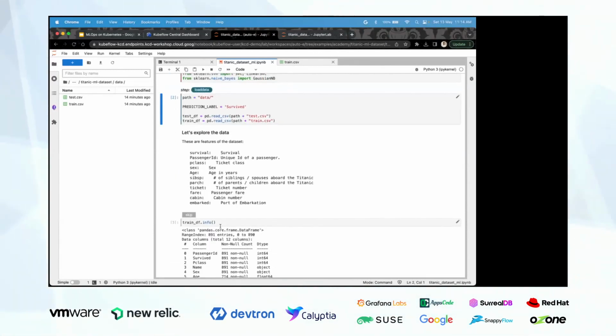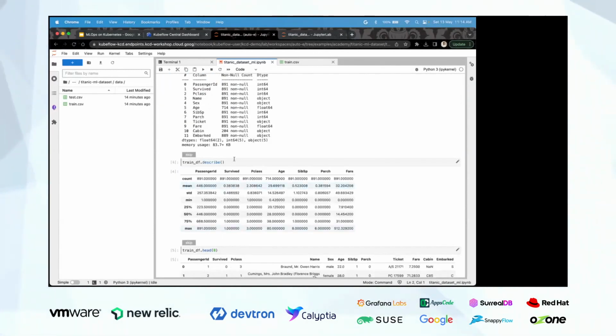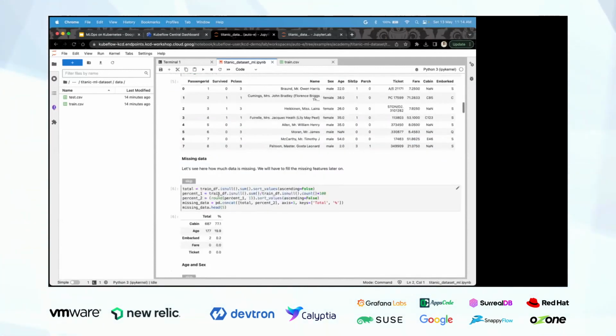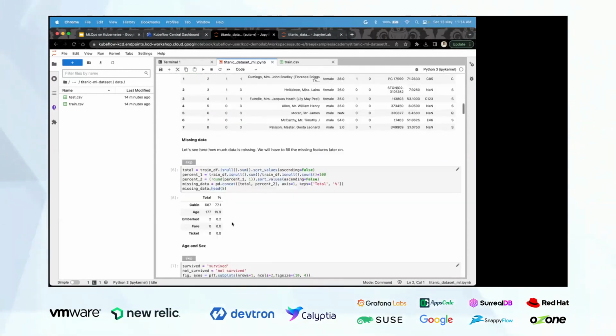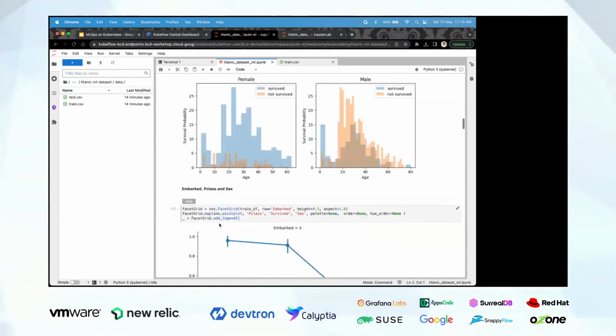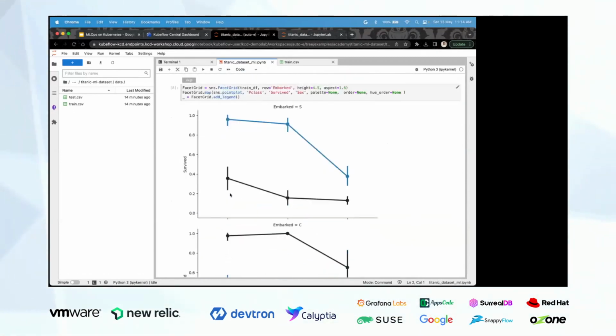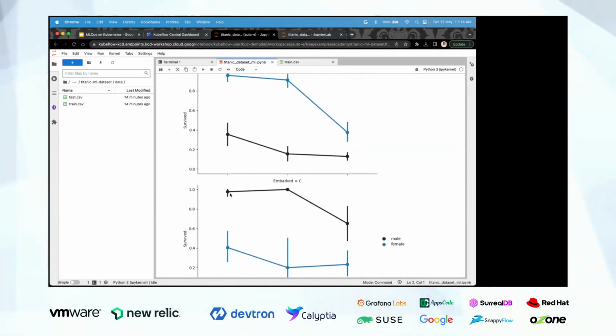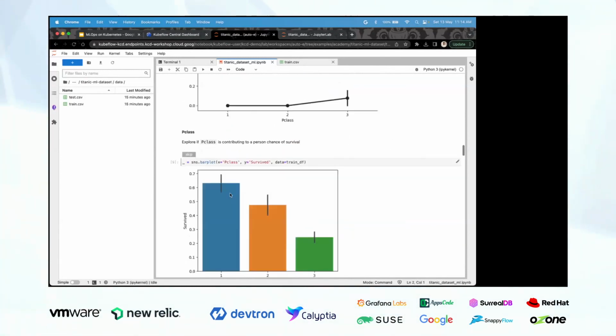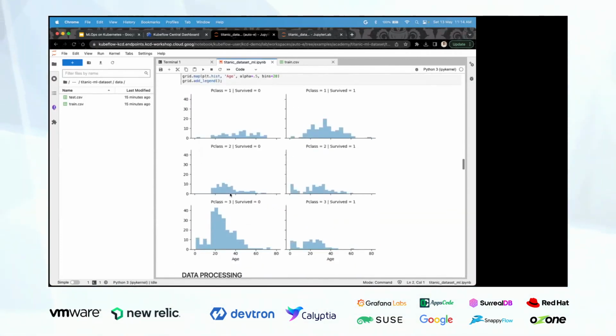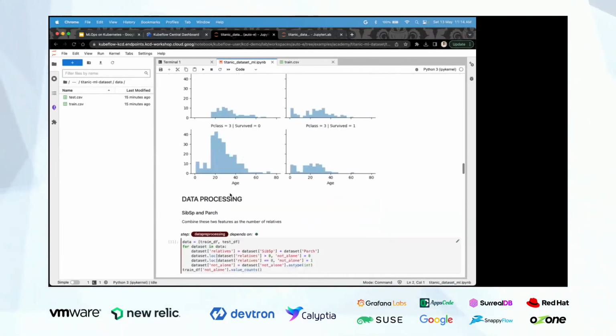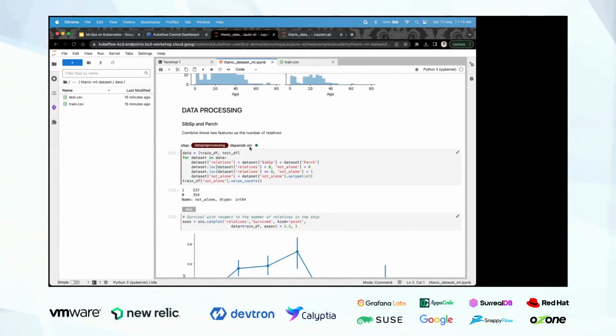Okay, so I will move ahead. I am skipping all these cells because these are not required at all. This is the missing data and data visualizations part, the EDA part, which is not something we want to include in the Kubeflow pipeline, right? This is something we do as part of our exploratory data analysis to understand the data, and we do not need this kind of thing in the pipeline.